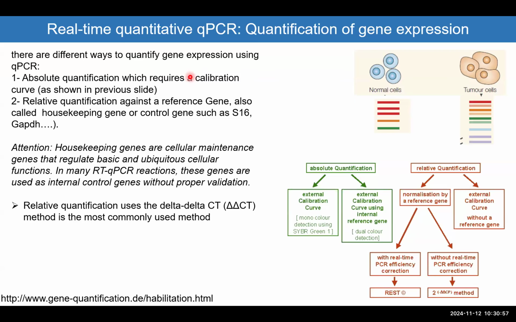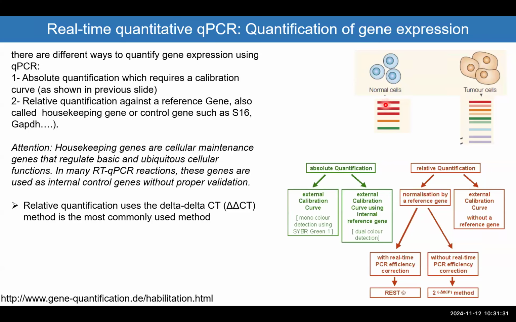But as I mentioned in the last lecture, we don't really always do an absolute quantification. And if you want to do absolute quantification, most of the time we need to do digital PCR as well, not only a qPCR. But we can make it as a comparison between two different situations. So you can say that I have cells that come from a normal person or a tumor patient,